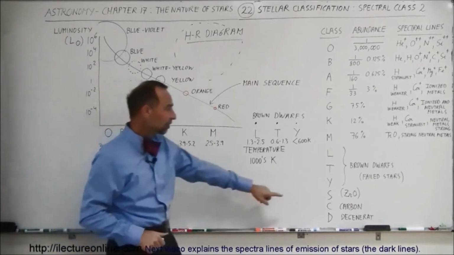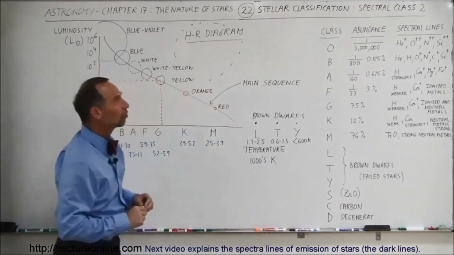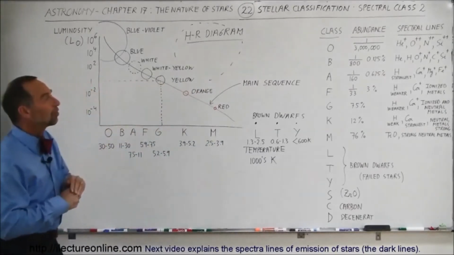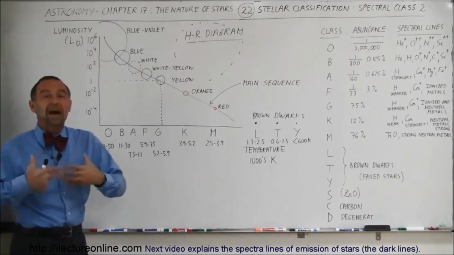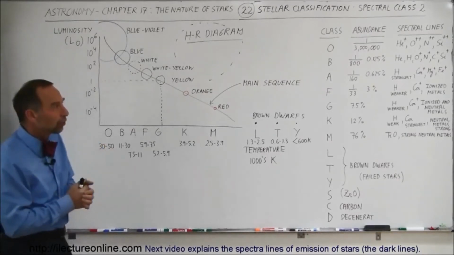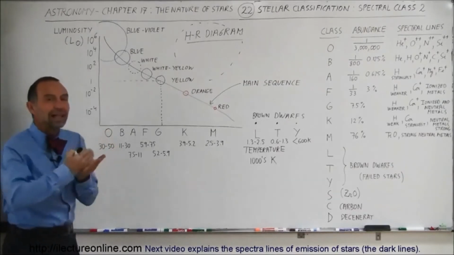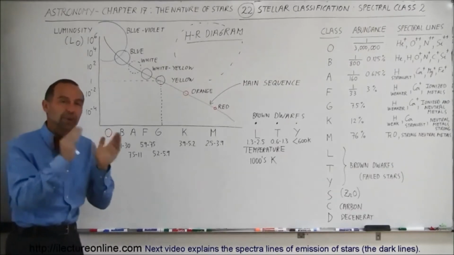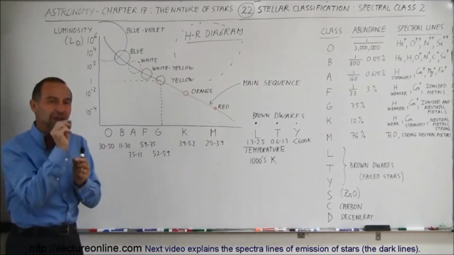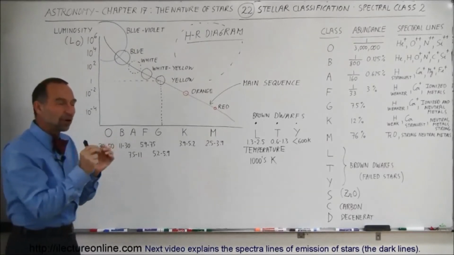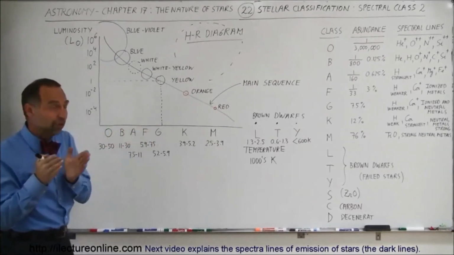In addition to that, we also have what we call the S, the C, and the D class stars, and we'll get into that in just a moment. So what we're going to do here is look at the different classifications, look at the abundance of the star, meaning how many of those stars are there out in the universe, and then how do we recognize them? Why do we call these spectral classes? Well, it's because we look at the spectrum of the stars, the light coming from the stars, and we see very specific identifying spectral lines within the spectrum of those stars